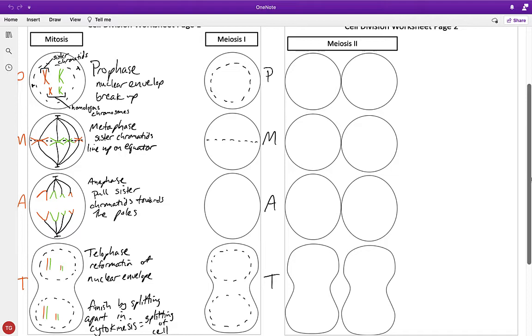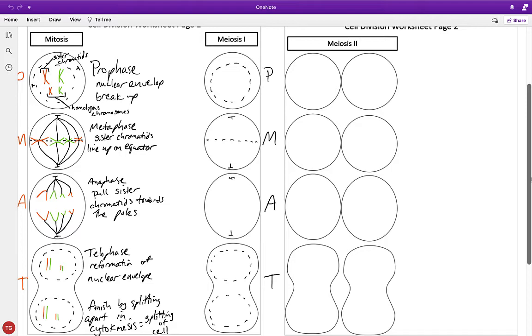So we can see that there's basically the same kind of stuff going on. Our preparations for this process are roughly the same. We know that we're going to need to have some centrioles, which form some spindle fibers, because we're going to line up along the equator during metaphase 1, and we're going to pull something apart during anaphase 1. When we get those things apart towards those poles, they're going to have a nuclear envelope form around them in telophase 1. We know that when we get to meiosis 2,